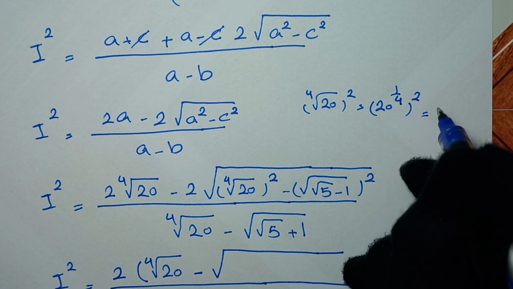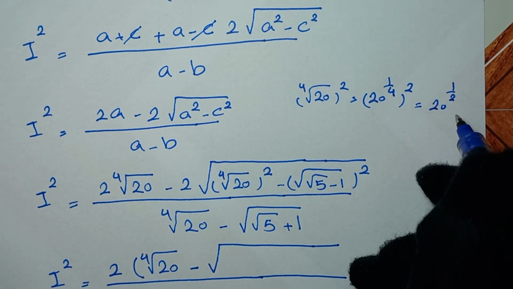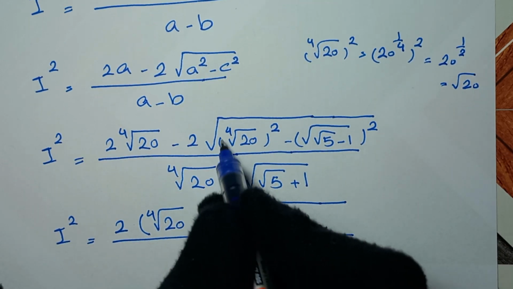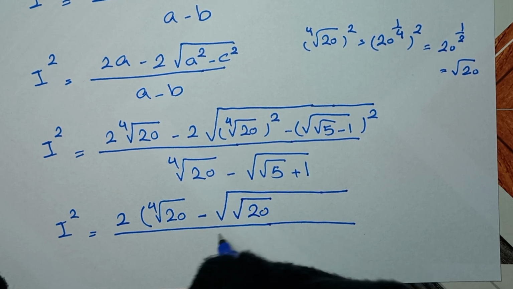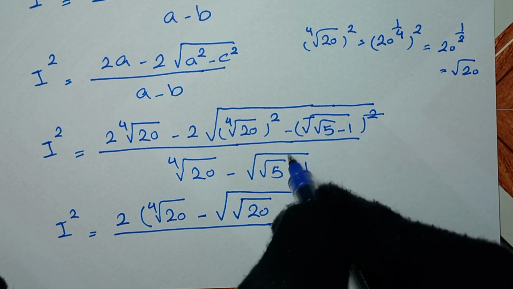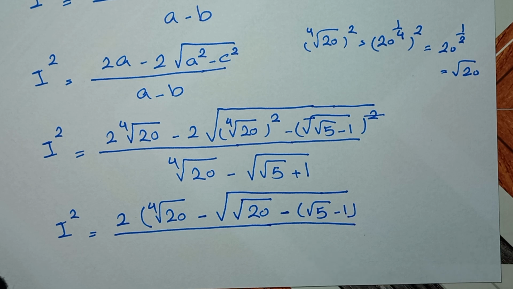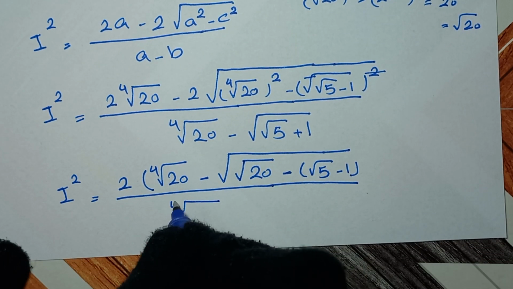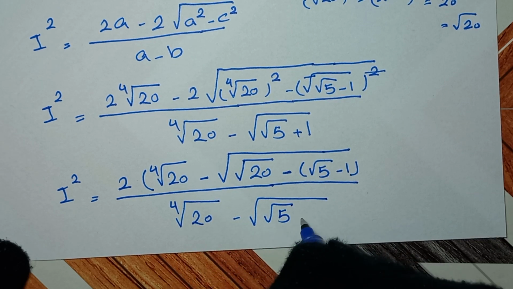And 2 times 1 over 4, it will be 20 to the power of 1 over 2, and this is equal to square root of 20, right? So in here, fourth root of 20 to the power of 2 is equal to square root of 20, and minus this to the power of 2, this square root will cancel, and it will be square root of 5 minus 1, and over this fourth root of 20 minus square root of 5 plus 1,